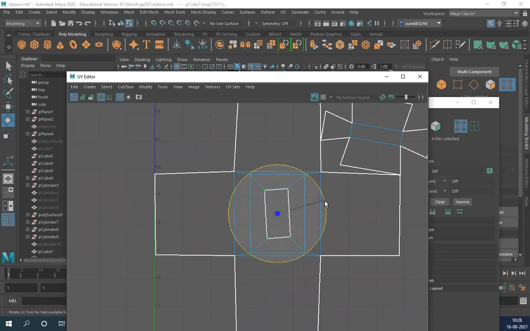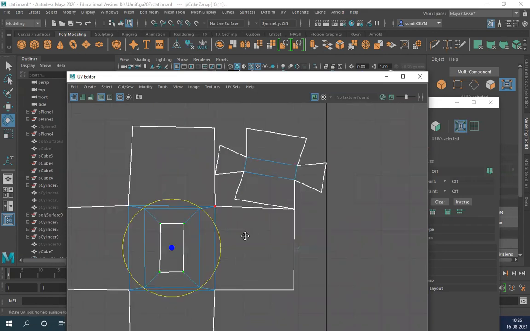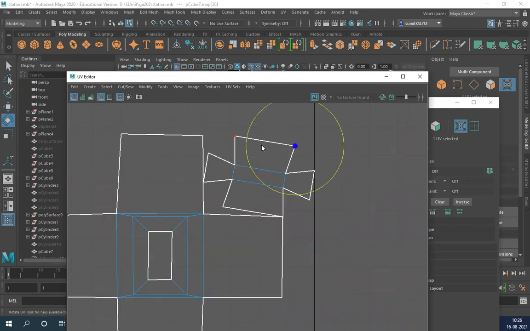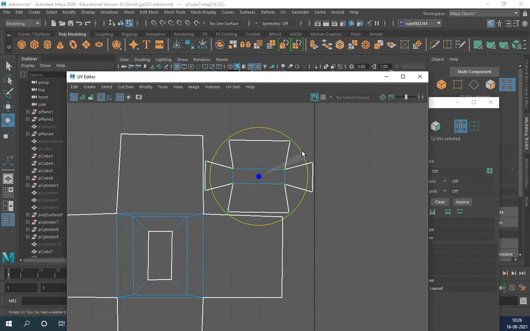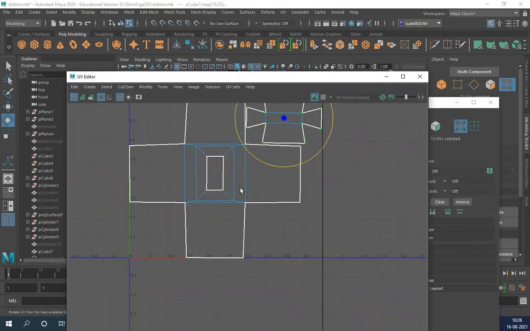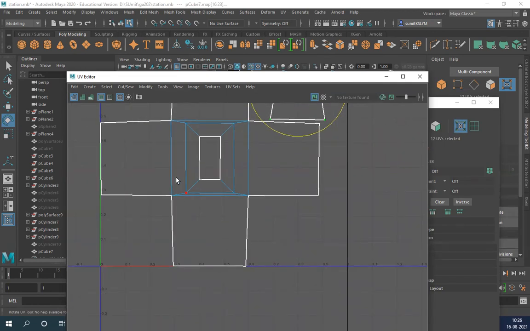UV mode, rotate this. I feel if I open this, I'll get a better UV.